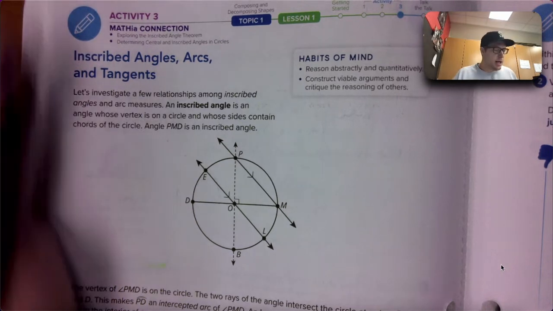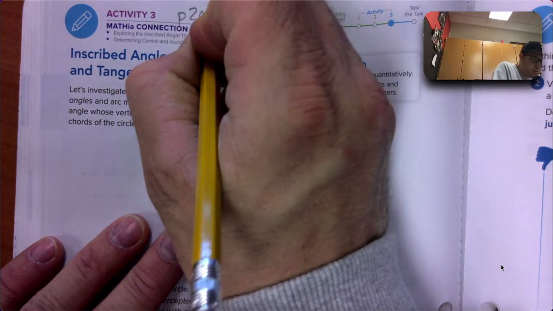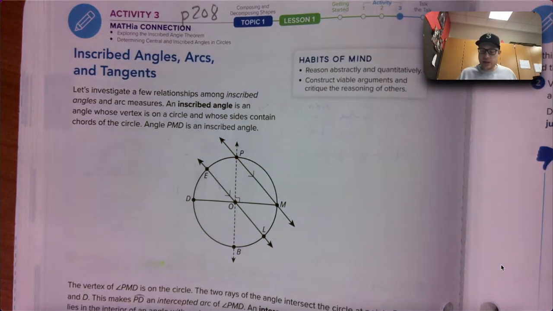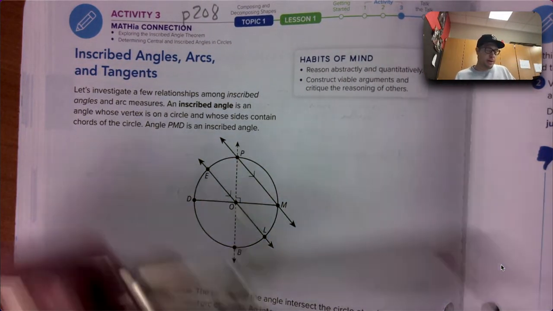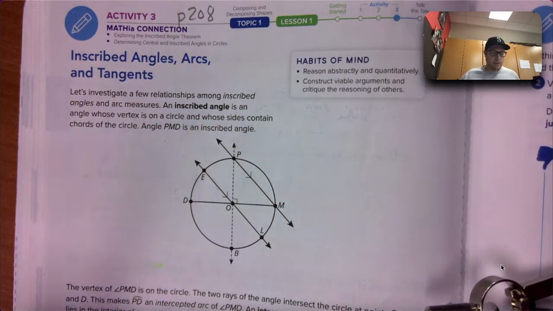All right, let's go. Activity 3, page 208. Let's make sure we're talking about some things. I've got my protractor, my compass, right? Make circles. I've got something to write with. I've got some highlighters. Maybe even a straight edge would be necessary, just so that you are set up for